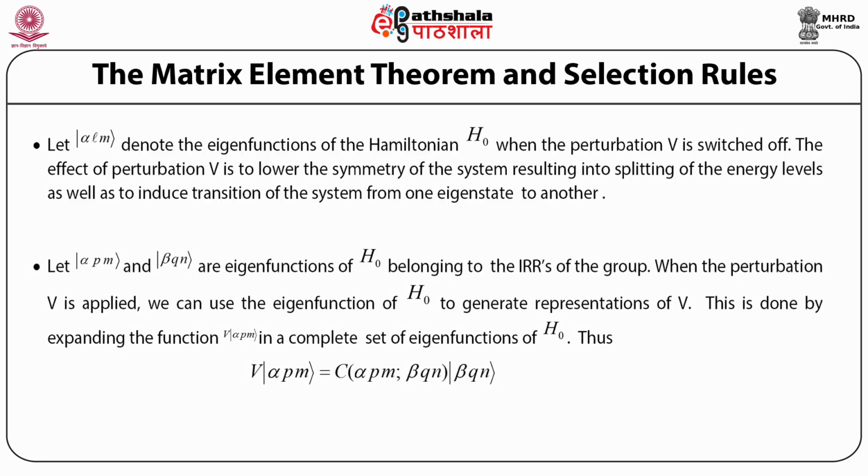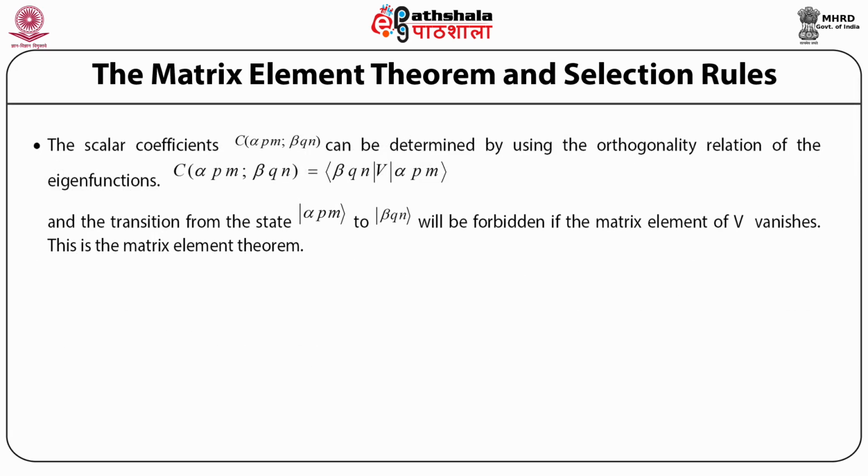Let α Pm and β Qn be eigenfunctions of H naught belonging to the irreducible representations of the group. When the perturbation V is applied, we can use the eigenfunctions of H naught, that is the unperturbed Hamiltonian, to generate representations of the perturbation V. This is done by expanding the function V acting on the eigenfunction α Pm in a complete set of the eigenfunctions of the unperturbed Hamiltonian H naught. Thus, the effect of V acting on α Pm can be expanded in terms of a complete set of eigenfunctions of H naught as C α Pm β Qn, the coefficient of β Qn. The scalar coefficients C α Pm β Qn